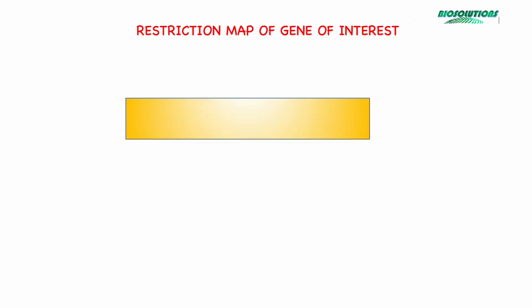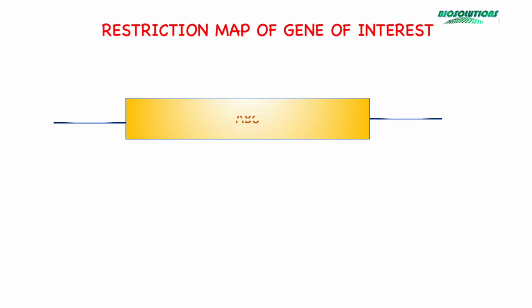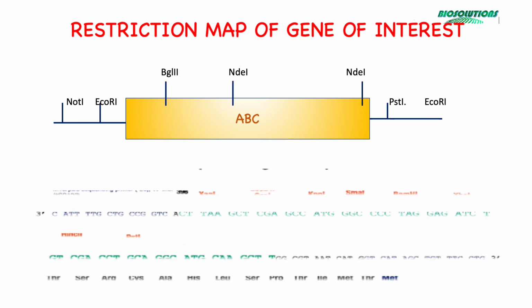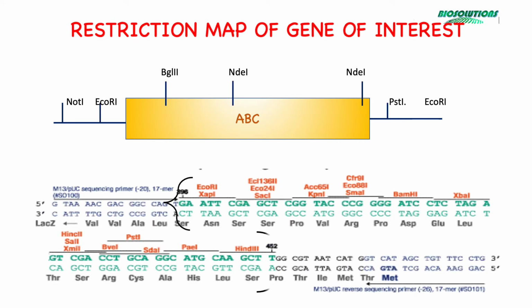If we do not know the GOI sequence, we can choose restriction sites on the vector first and use these enzymes to digest the GOI and check on a gel to see whether these enzymes cut inside the GOI or outside the GOI. Remember, we cannot use any restriction enzyme which cuts within the GOI.